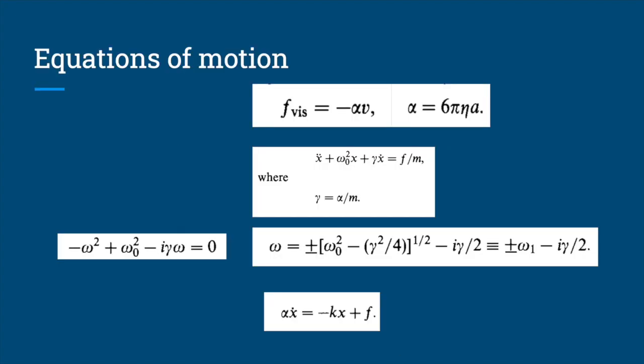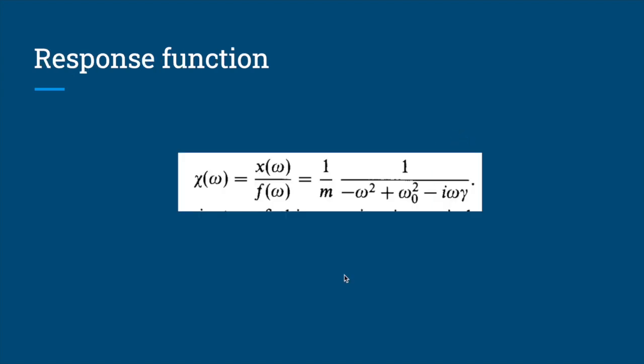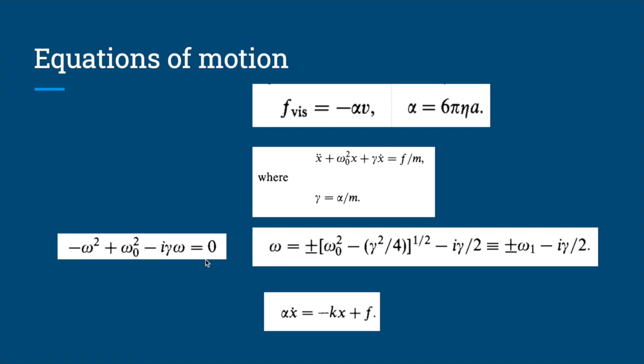These are the equations of motion of the damped oscillator. The damped oscillator has the same equations of motion as an undamped oscillator, except that it has an extra term for friction, which is directly proportional to velocity in the opposite direction of movement. This alpha is defined by Stokes law, and the solutions of this equation are as follows. And this is the final equation of motion.